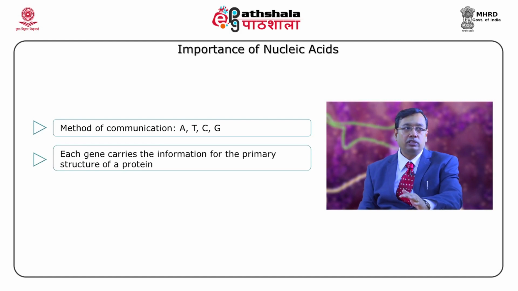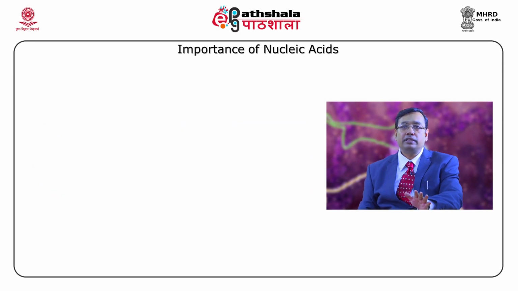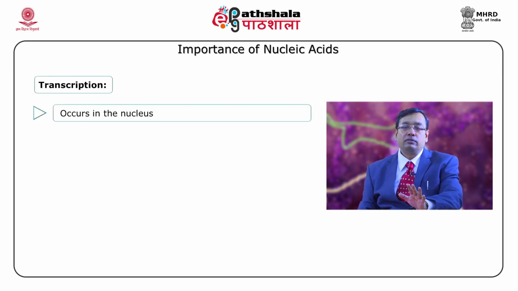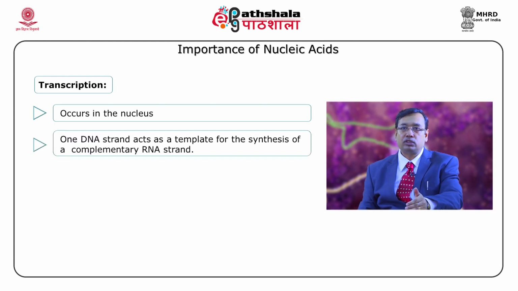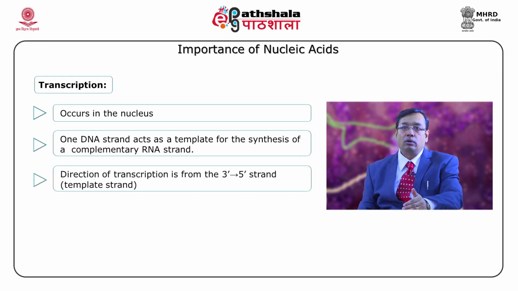a protein, and the primary structure of a protein is the linear order of the 20 possible or 21 possible amino acids. And in order to obtain the information from DNA, depicted in one chemical language, to protein, it is deciphered into another and requires 2 major actions, which are transcription and translation. Basically, transcription is a process in the 5' to 3' direction, and one strand acts as a template, and the template strand runs from 3' to 5' direction,